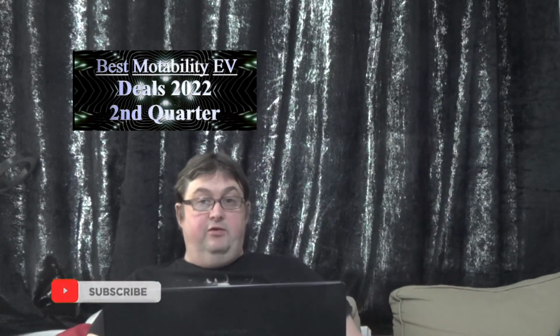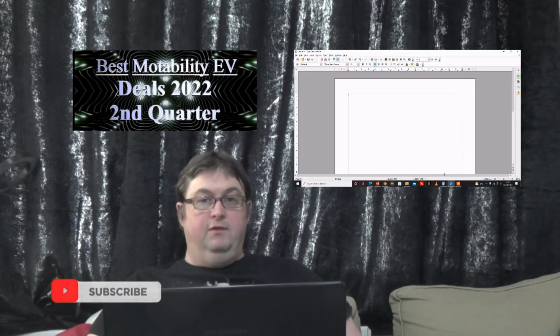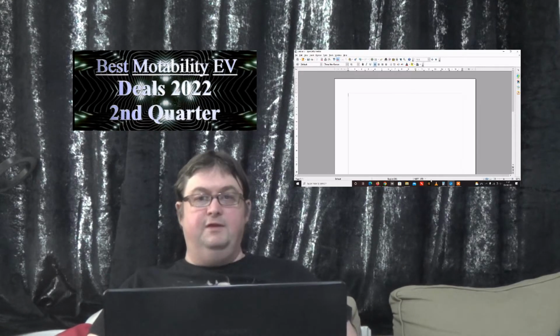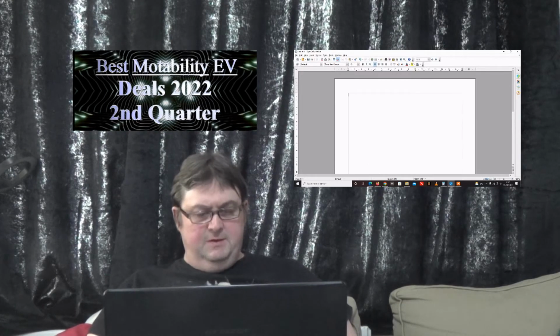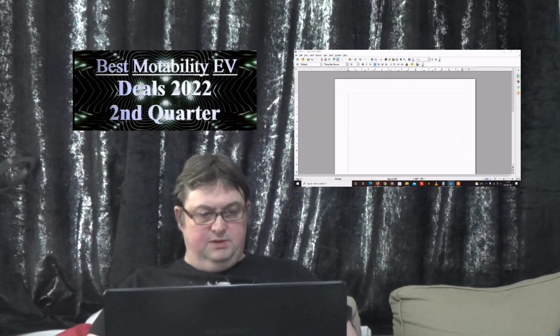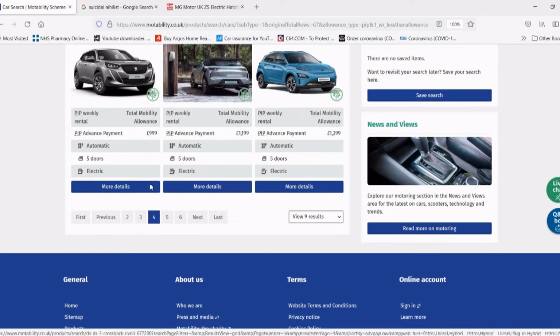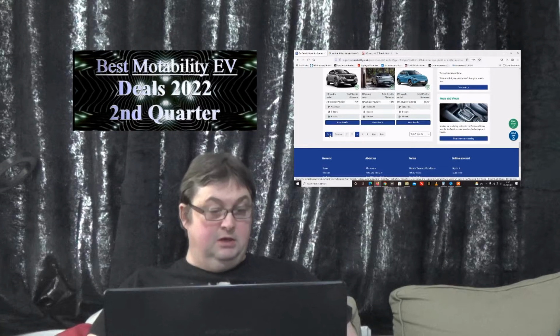Well, hello there, and it's quarter 2 of the Motability prices that have just come out today, and I'm going to go over the best EV deals again. Let's just bring the page up here, make sure my screen recorder's going. I was actually quite excited when I saw these this morning. They come out like 9 o'clock in the morning,